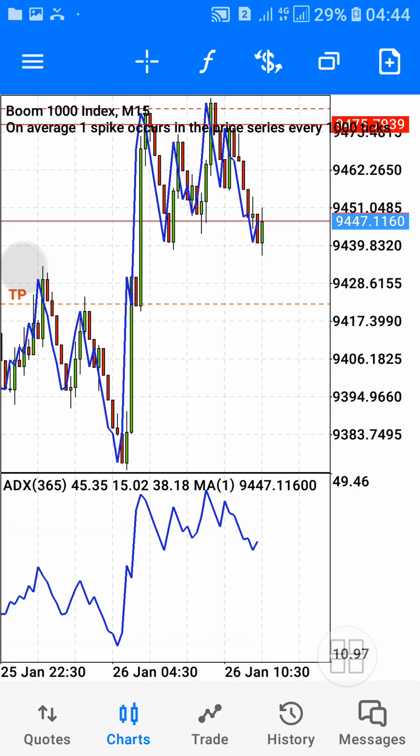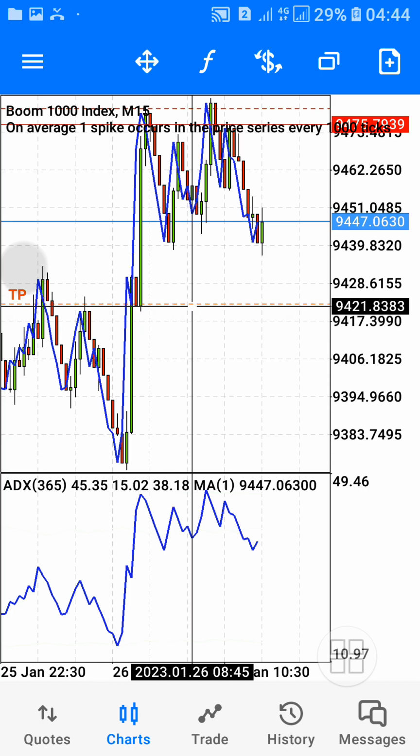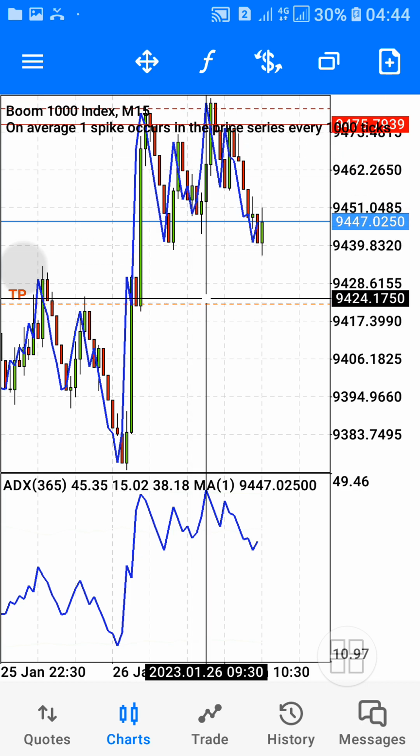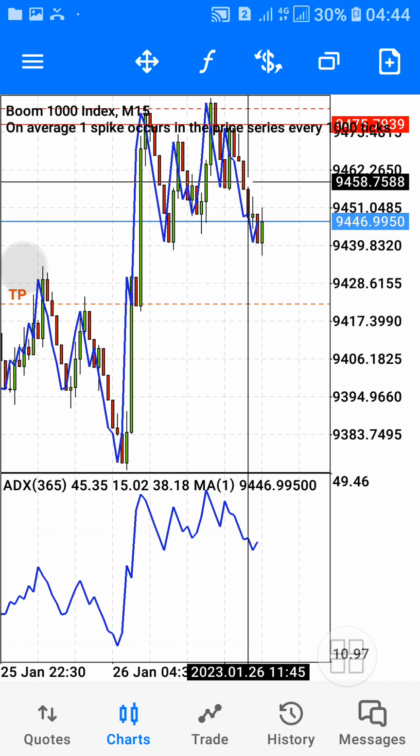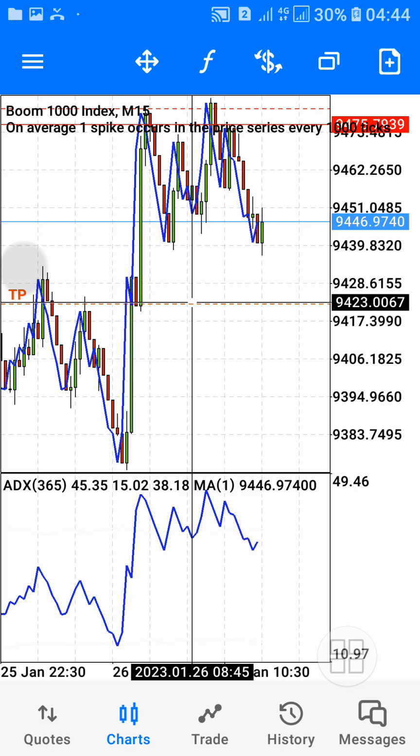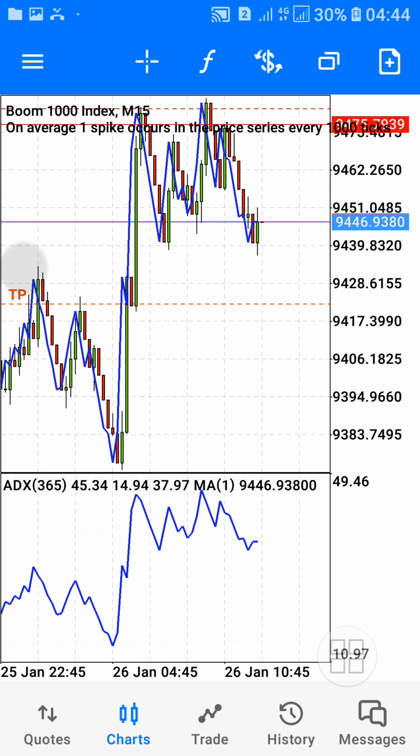I also have the confidence that this market will get to my TP, which is here. That is why I am not in a rush to close out. This market has already picked a direction. The direction is here, which I knew very well was going to come down here. So always try and take advantage of the structure of the market. I trade mostly from a range market. When the market is ranging, that is when I want to trade because it gives me more confidence and more winning chances.